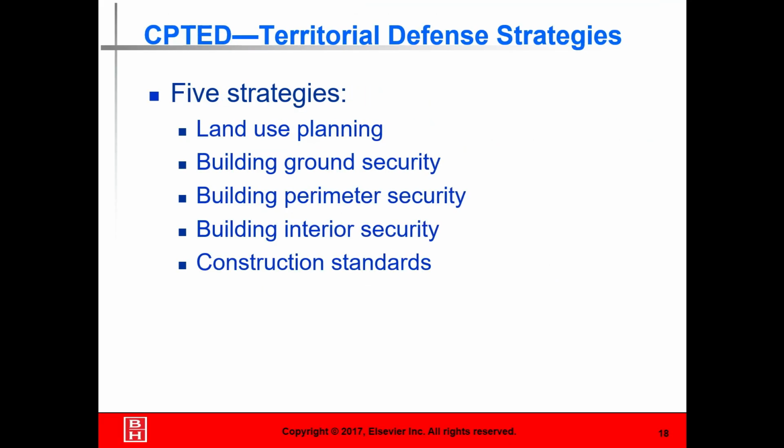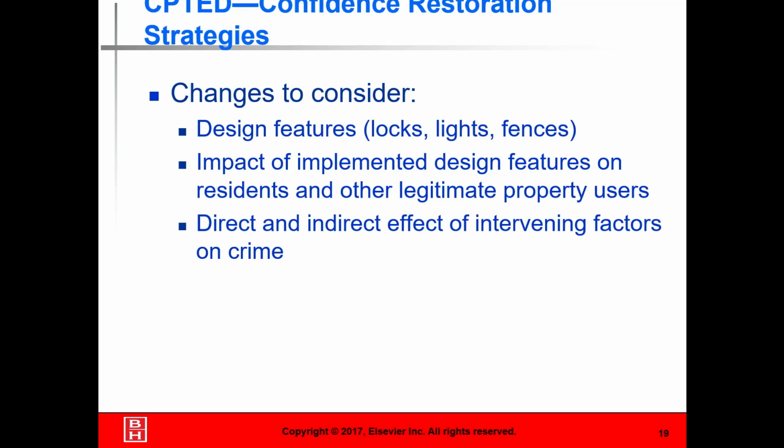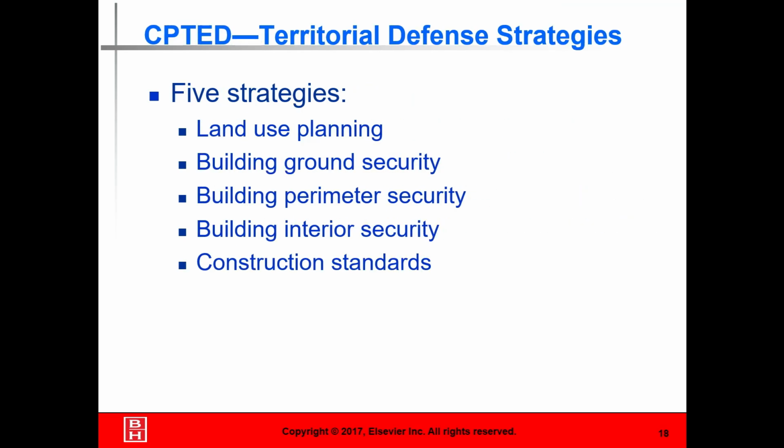So, this is what it is. So how do we look at land use, building ground security, building perimeter security? We talked about that last week. Interior security, we talked about that. Construction standards. Putting everything in place to make sense, right? These are what we need to look at as we look at building. Land use. What land's available? How are we going to use it? What makes it so when we start building, do we have that common area? Or are we trying to fill up every square inch to maximize profit and put people in danger?